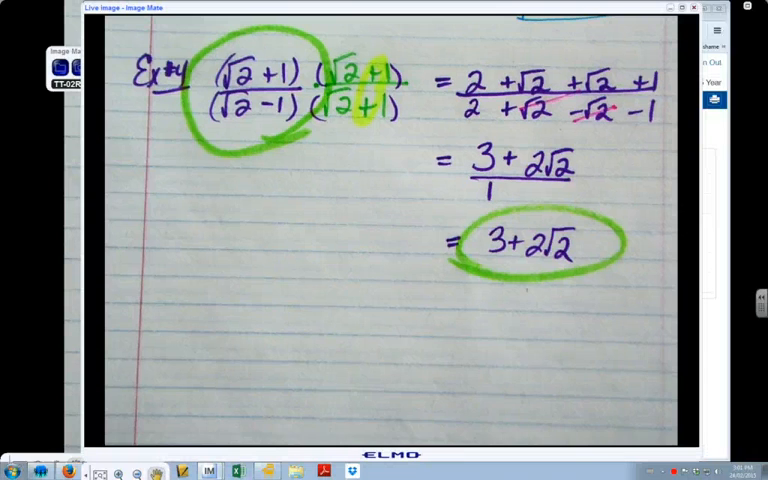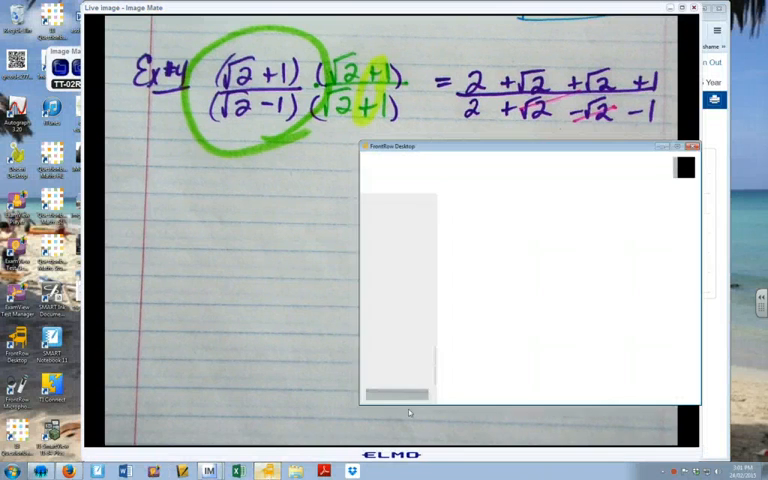Two skills you need to learn today are how to multiply